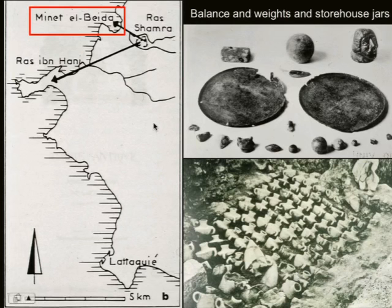At Ras Ibn Hani, a bit to the south, there's a series of residential complexes, a small palace there. But interestingly, we